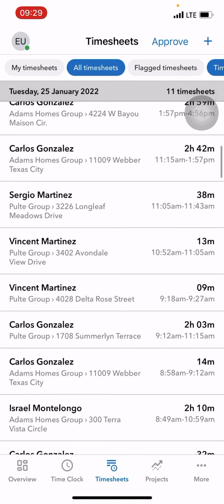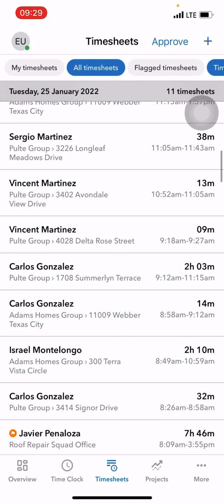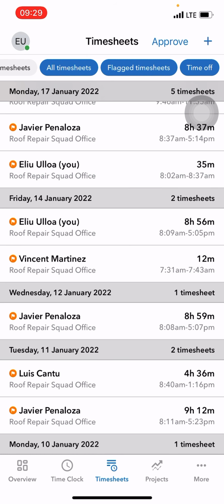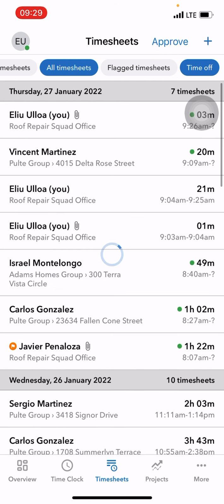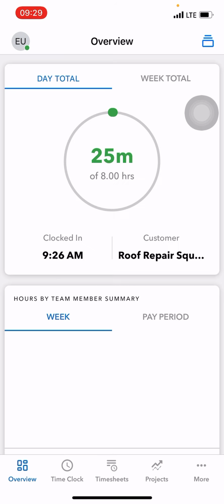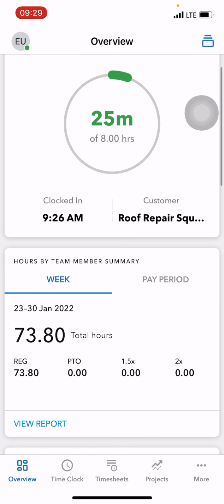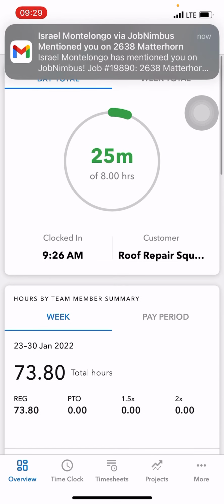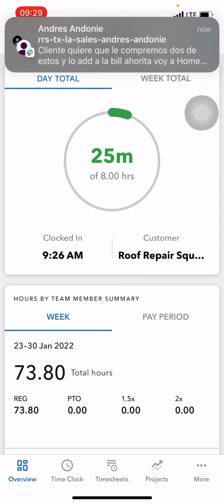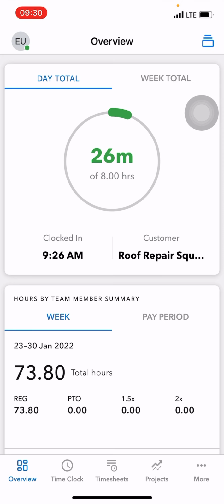So basically you can take an overview. You can see flag timesheets. You can see who had time off as well. So basically, you can generate reports. You can take a look at different configurations, but at the end of the day, basically what you need from timesheets is that every one of your